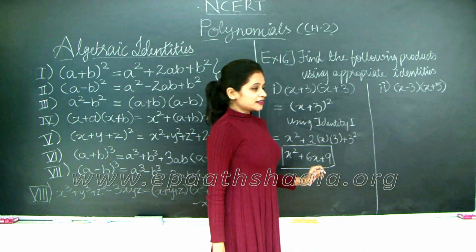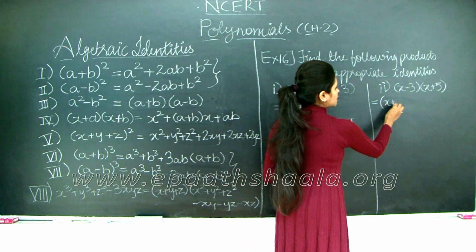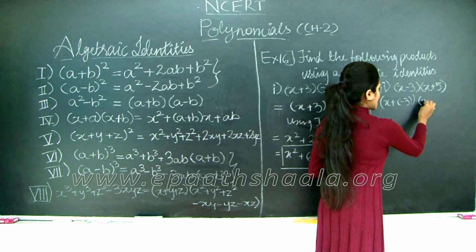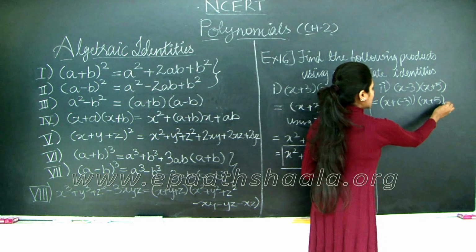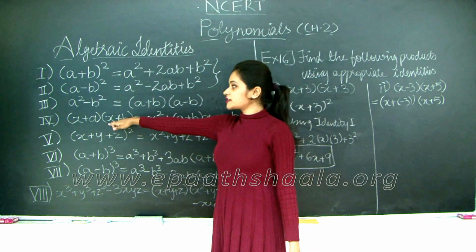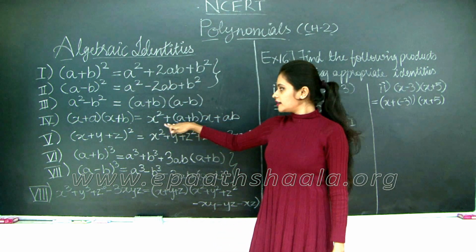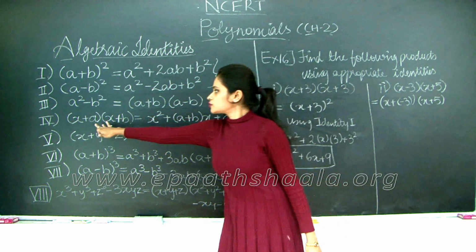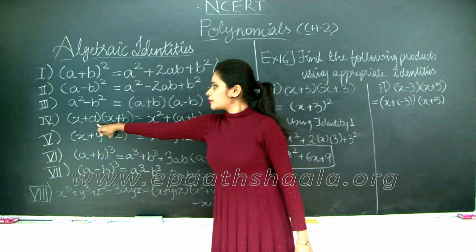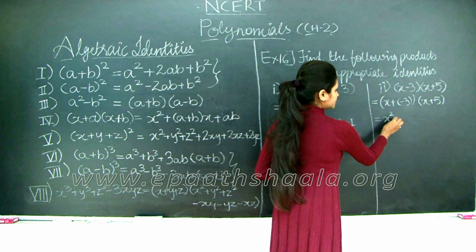Well, that's not the fact. Let's see how. We can write x minus 3 as x plus of minus 3, correct? Then we have x plus 5. Does this now resemble any identity here? Take a look. I see that it does resemble identity 4, which says x plus a into x plus b is x square, then the sum of the two terms into x, plus a into b, that is the product of these two terms. So let's solve this. You have x square plus